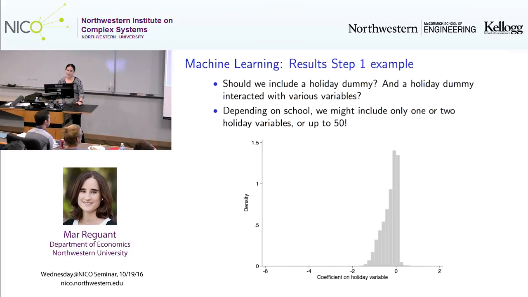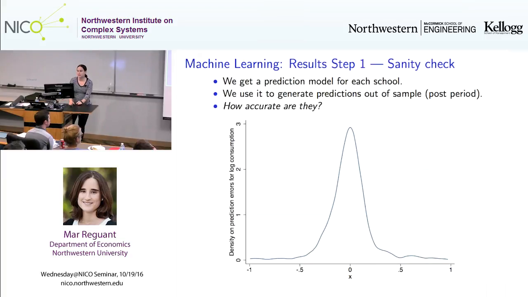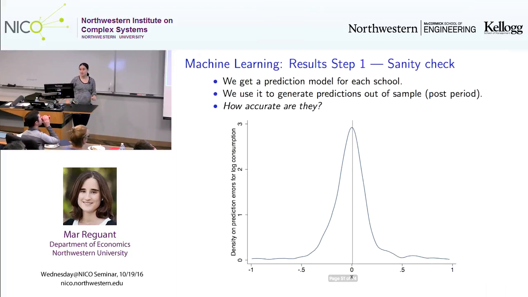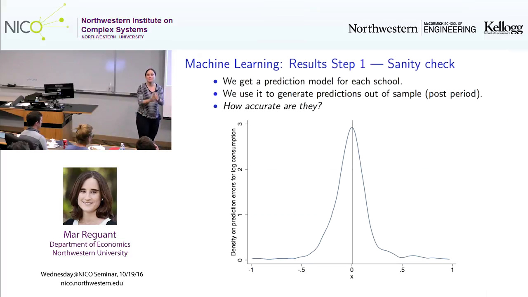So when we look at the predictions and how well we do, this is the distribution of errors for the control schools. And it's nice to see that for the control schools, the prediction is actually centered around 0. This is only looking at the after data, so it's completely out of sample. And completely out of sample, on average, we get that the predictions actually don't have any error. It's definitely not true for a single hour. It's definitely not true for a single school. But at least on average, we are getting good predictions.